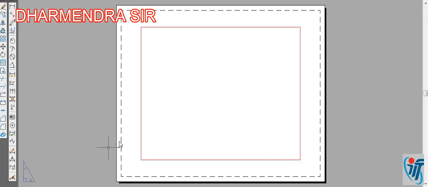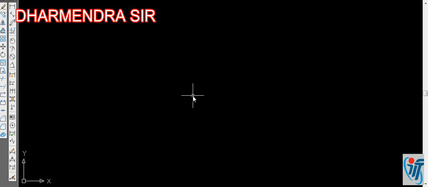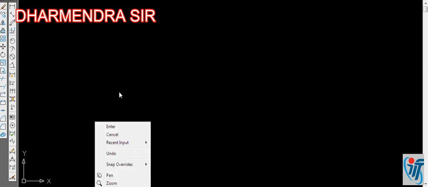Another one is the layout screen, which is quite compact and shows the edges and outlines. So as a CAD expert or as a CAD learner, we use model as a working area. Now, proceeding with the direct distance method, we press L for the line command, L enter. It's showing here specify first point. That means you have to choose a point from where you want to start the line.